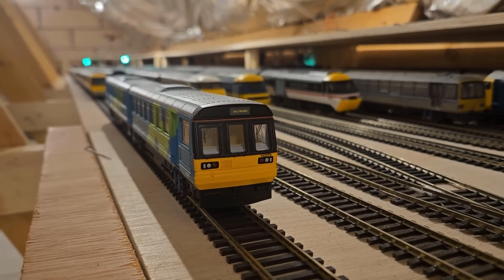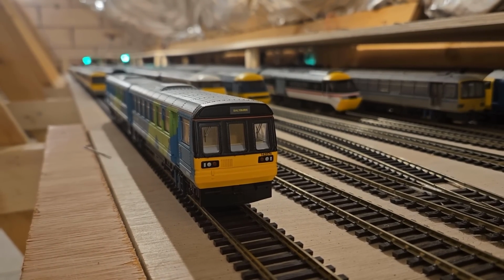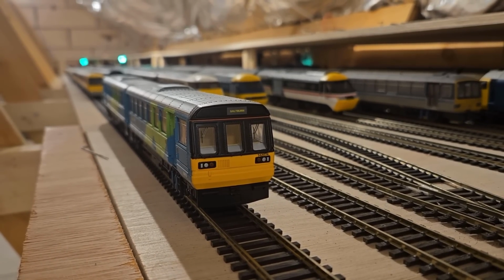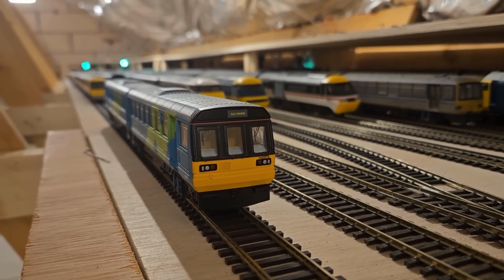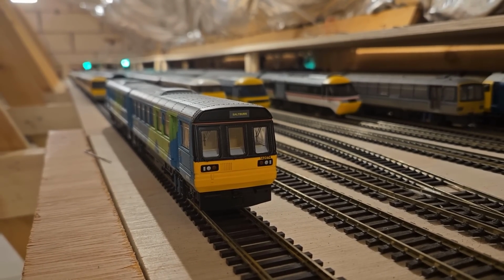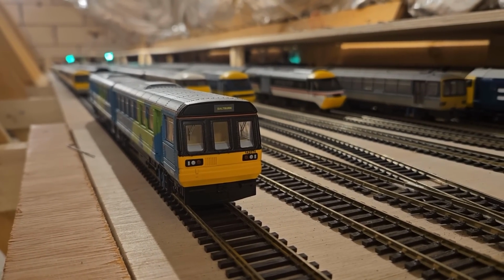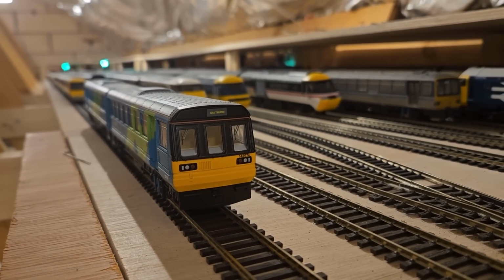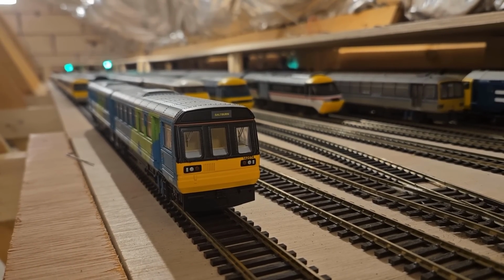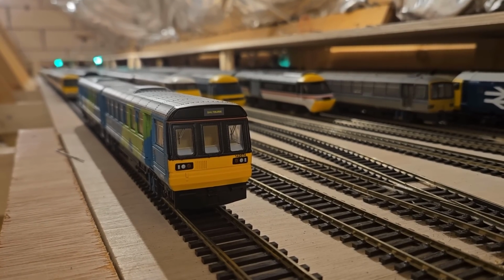And I have a very specific approach to buying new trains. I'm very budget conscious. I realise prices are going up and everything, but for a hobby that takes up a lot of time, and is a kind of childish hobby, these things are expensive. Not just the locos, the rolling stock, coaches, everything is expensive. So I do have a kind of method to buying new stuff,